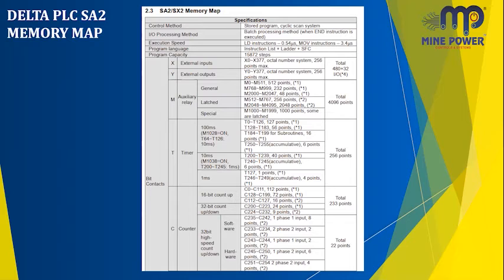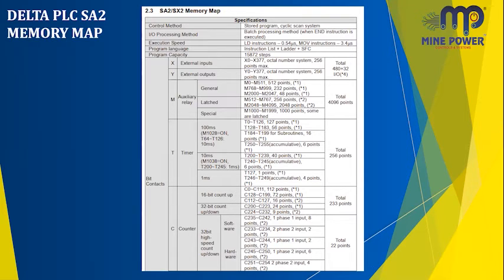Next, you are going to see the timer. Timer also: T0 to T126, which is 127 points. Then T128 to T183, which is 56 points. T184 to T199 for subroutines, 16 points. T250 to T255 accumulative, 6 points. Then T200 to T239, 40 points.